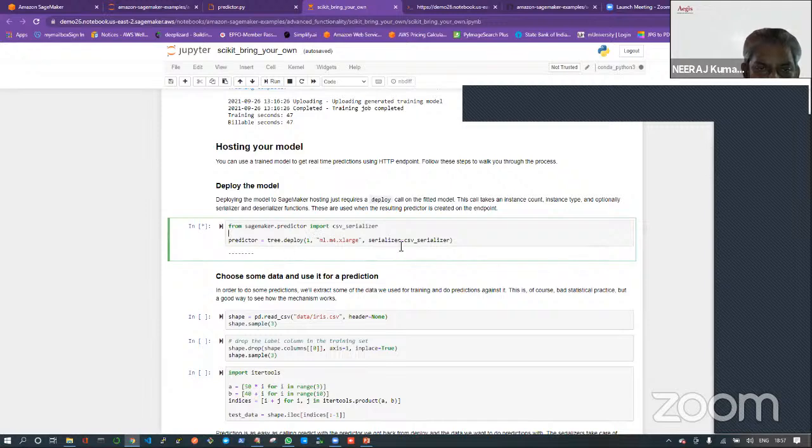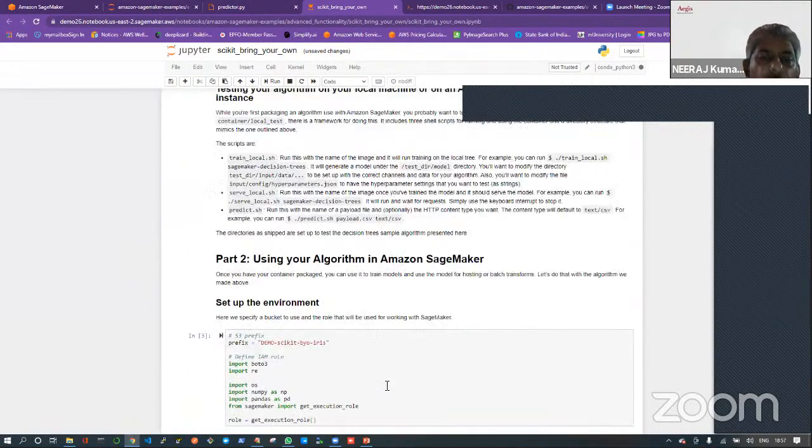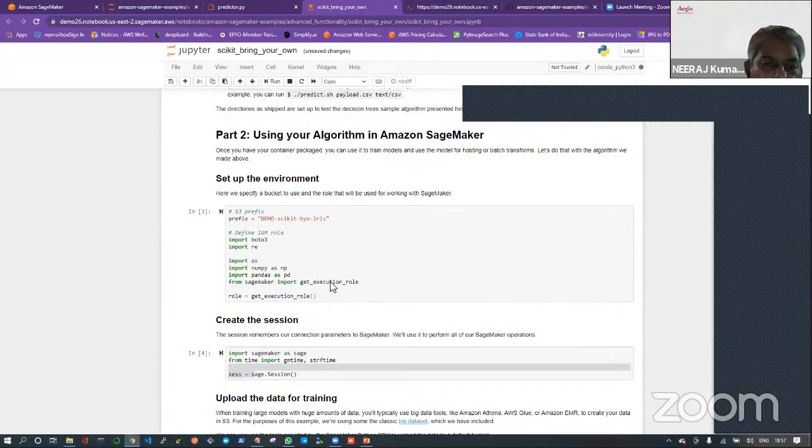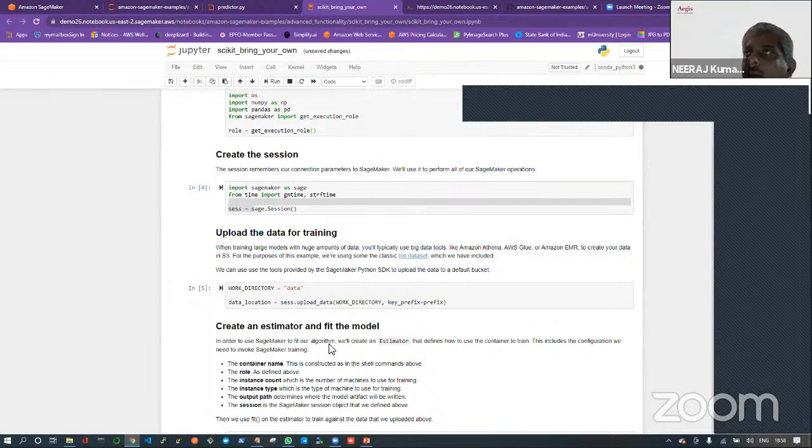So my deployment is still happening. It takes some time. Just give me a minute. Multiple things are happening behind the scenes. It looks like only 2 lines of code, right? If you see it from the beginning, how many lines of code have you written? Very few. 6 to 7 lines of code you have written, and you are deploying your model production ready to consume any kind of traffic, any kind of scale. Think of the power of SageMaker, and the kind of beauty it provides, everything on one screen. Nice.